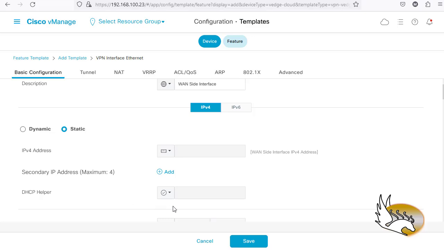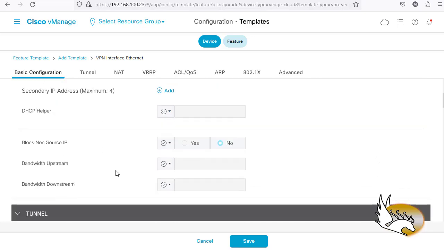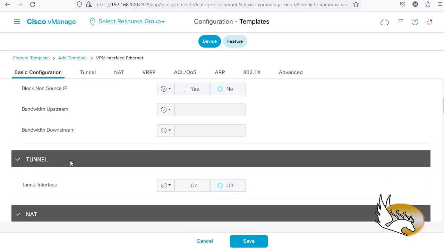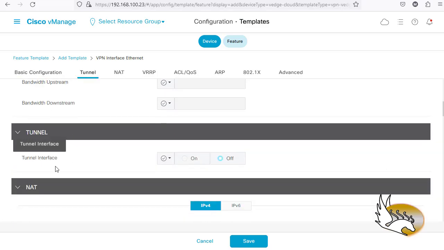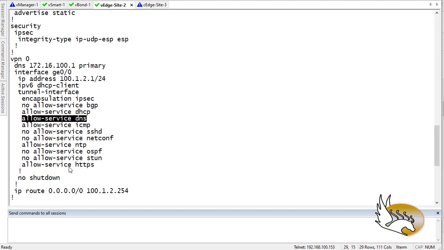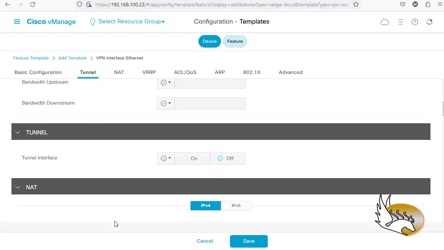No. Is it going to be a DHCP helper? No. Going down, do I need to have a tunnel interface? Let me see. So you can see that yes, there is a tunnel interface here, and the encapsulation is going to be IPsec. So I'm going to enable this. So the tunnel is globally on,